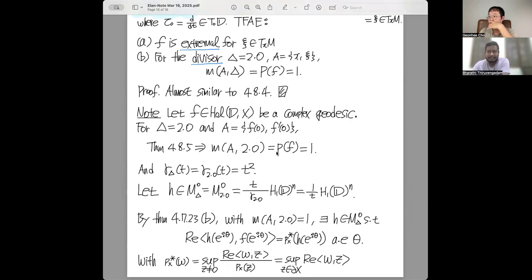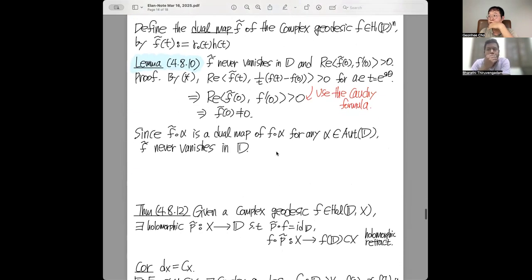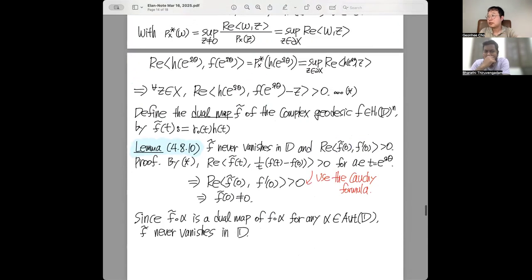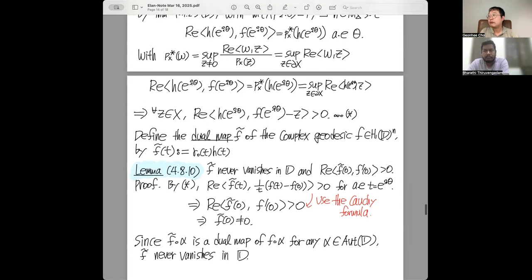This P tilde is the consequence of the so-called dual map here. And in order to talk about the dual map, we need to talk about the Minkowski functional, and in that framework we use the convexity. That's what I know. So as long as this dual map makes sense, I don't think it's needed. So you understand what I'm talking about, right? Convexity is used to describe the Minkowski functional and thereby the dual Minkowski functional, and the dual Minkowski functional gives the dual map in this framework. But if there's a way that we can describe the dual map, then I don't think it's needed.